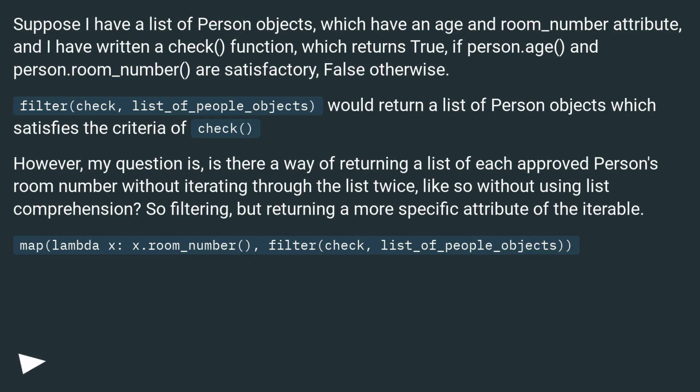map(lambda x: x.room_number, filter(check, list_of_people_objects))